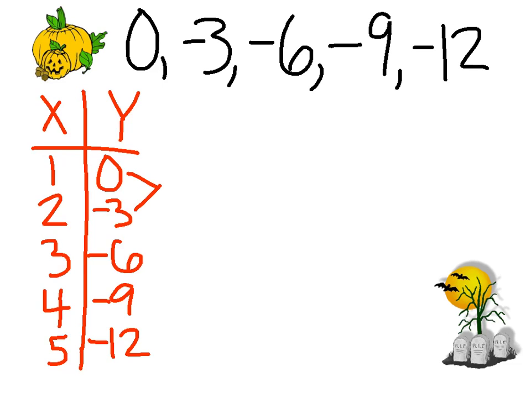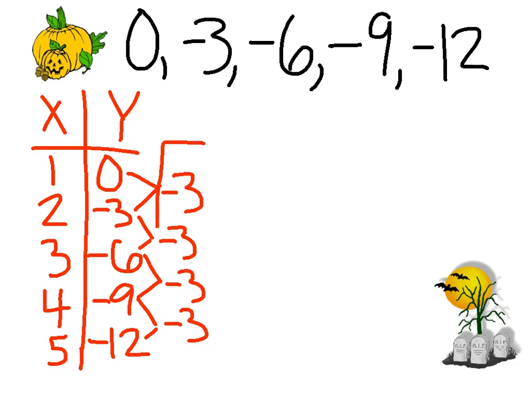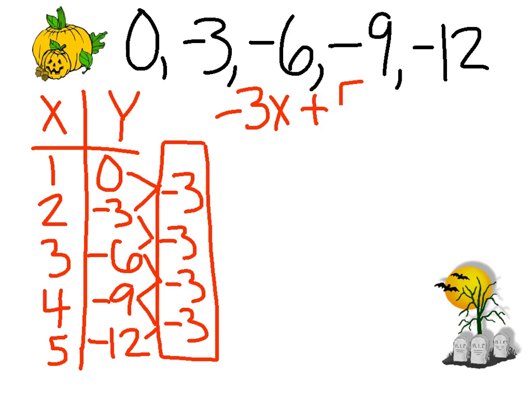We take negative 3 minus 0 is negative 3. Negative 6 minus negative 3 is negative 3. Negative 9 minus negative 6 is negative 3. And negative 12 minus negative 9 is negative 3. So our coefficient for our problem is going to be negative 3. That's the number that goes in front of the x. Next, we need to find what number